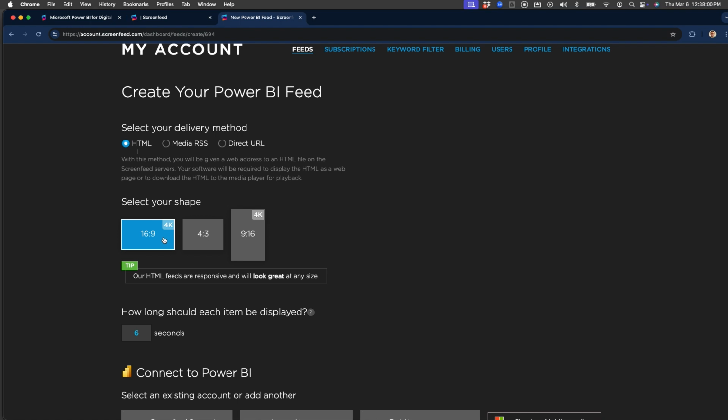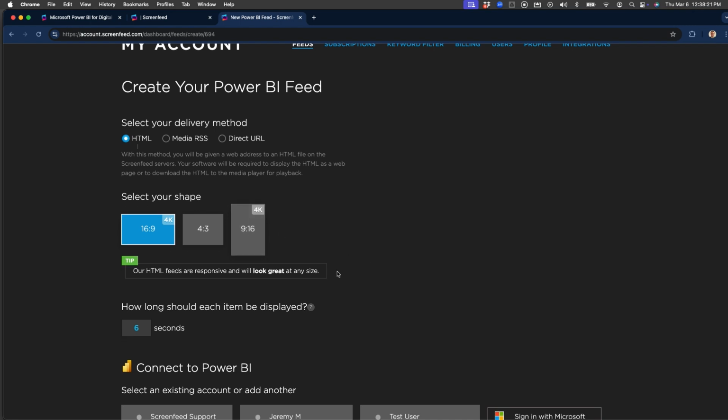The feed will flex to fit that size. If I have a vertical screen, just as a note, I will want my reports to also be laid out vertically. Otherwise, the report will scale horizontally to fit inside the vertical screen. It may not look so great.